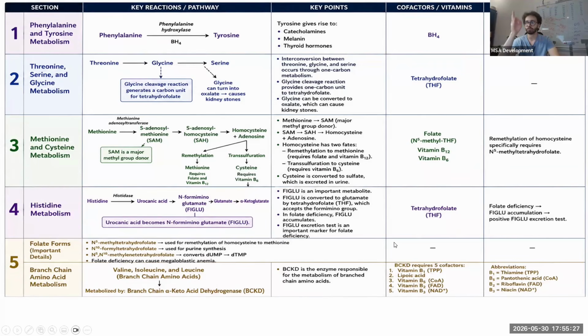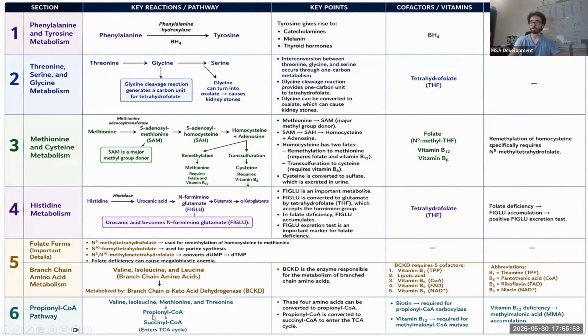You have to remember this, guys. Wallahi, you could get an SAQ. I don't know if you have SAQs, but it could be: list the cofactors required for BCKD. You need all of these cofactors. Memorize them, remember them. But later on, we will talk about the disease where this enzyme is deficient, meaning we will have a buildup of branched chain amino acids. This disease is maple syrup urine disease, where there will be a distinct maple syrup odor to the urine and breath.